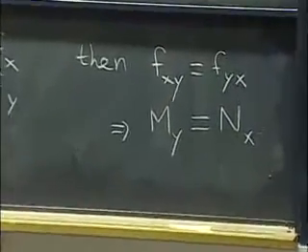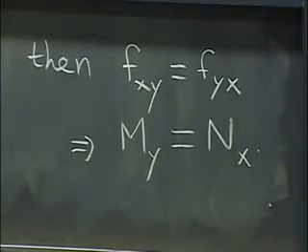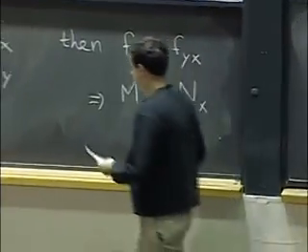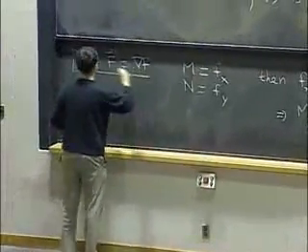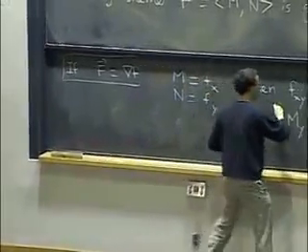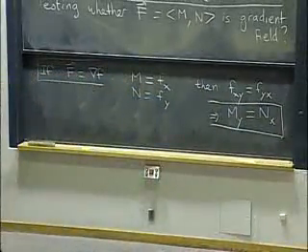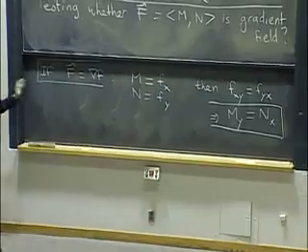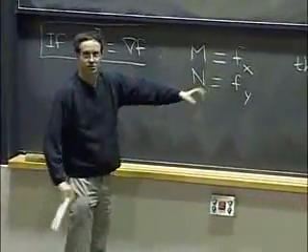So if you have a gradient field, then it should have this property. You take the y derivative of the x component, take the x derivative of the y component, and you should get the same answer. That's important to know, so I'm going to put that in a box. It's a broken box, but okay. And the claim that I want to make is that there's a converse of sorts. This is basically all we need to check.